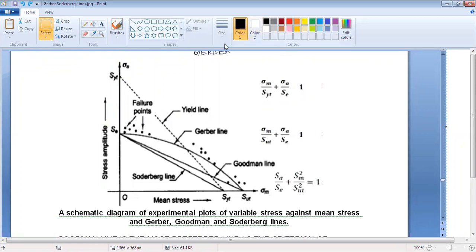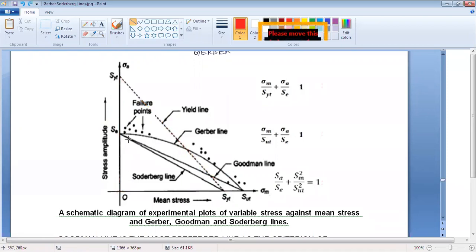So what we are trying to say is that between these, let me just move this. This part, which is marked in red, or let me draw these lines. This is a triangle now. This is a safe triangle from the static point of view, SYT here, SYT here. Below SYT we are always safe from the static load. So any load within this triangle, static load, we are fine, right?